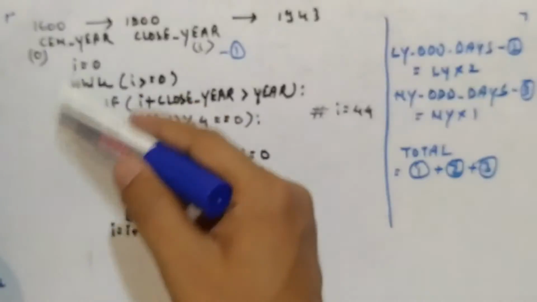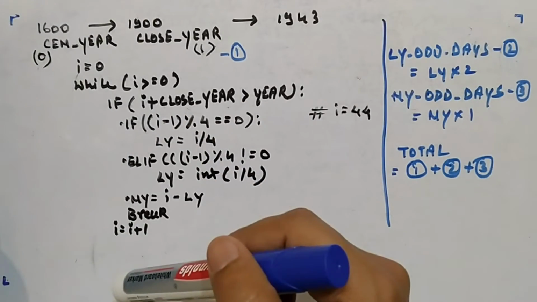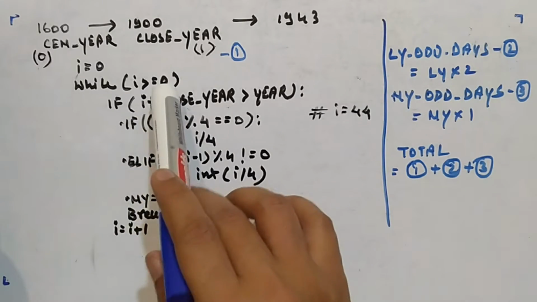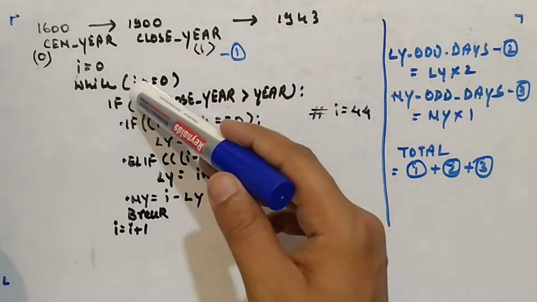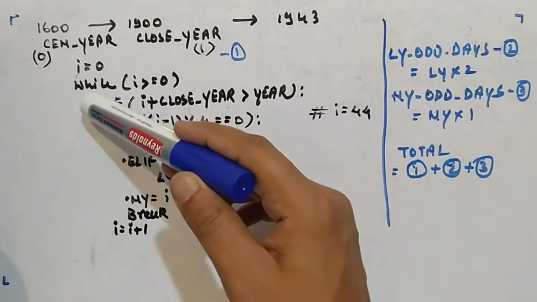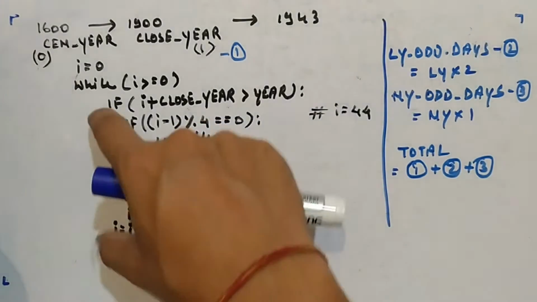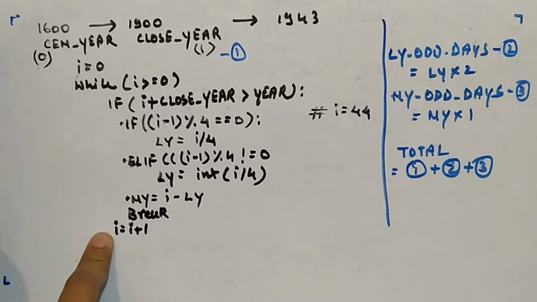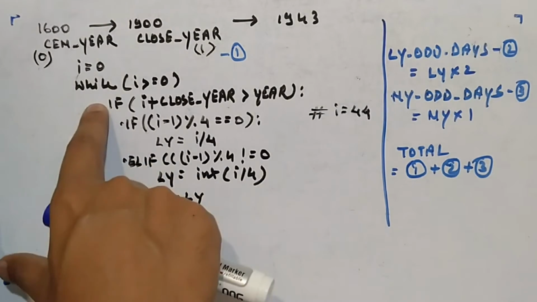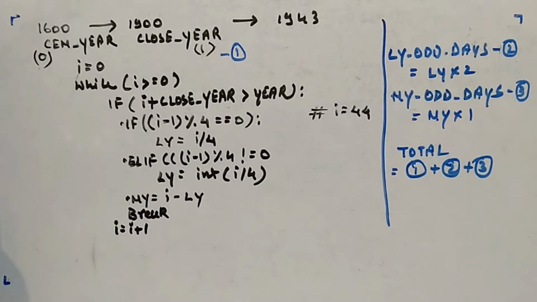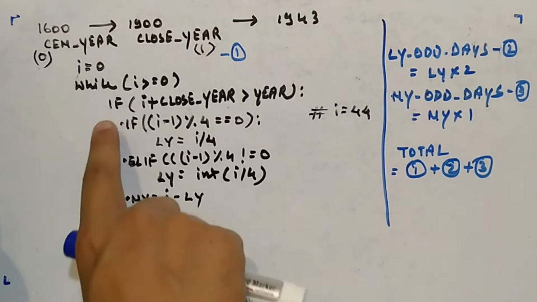So here I have given the snippet. You can see I is initialized to 0 and the while loop is started. As long as I is greater than or equal to 0, this will be executed. The if condition is checked all the time. This is the outer statement, the if condition, and the second statement increases the value of I. So it will check whether this condition is met, else it will keep on incrementing the value of I.